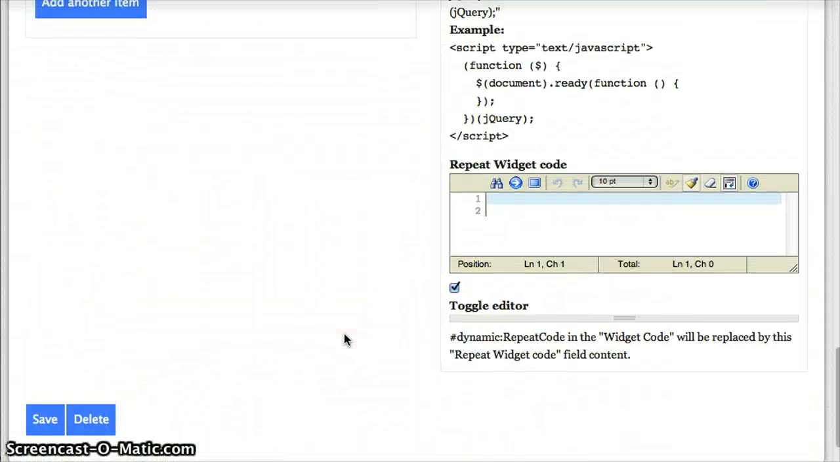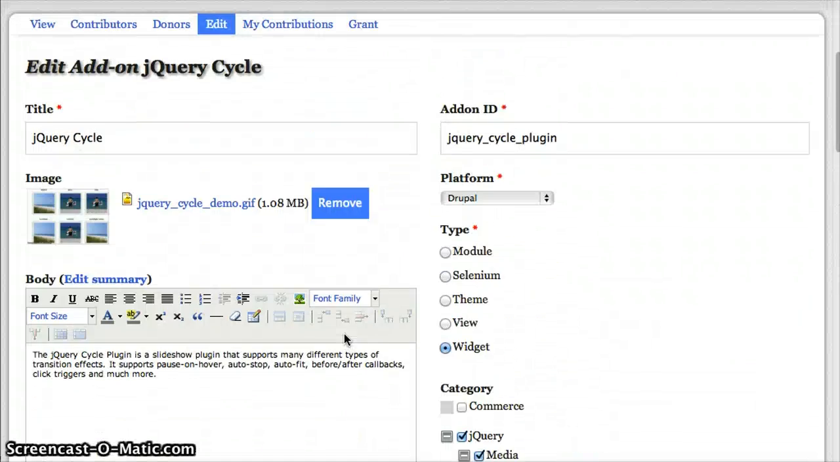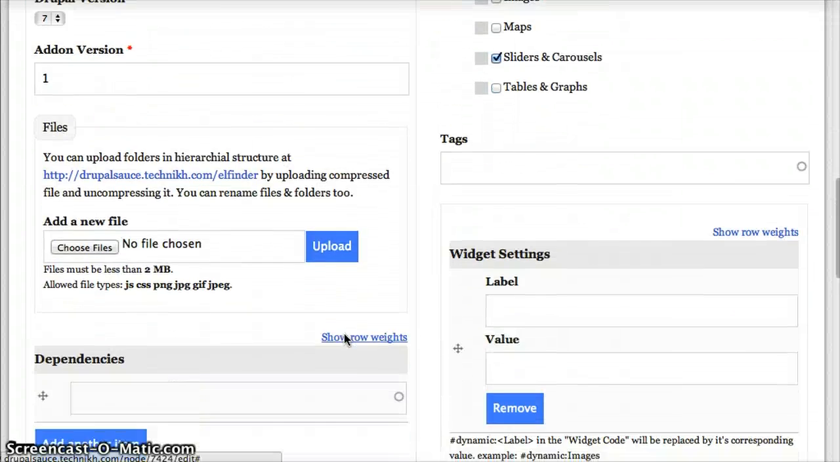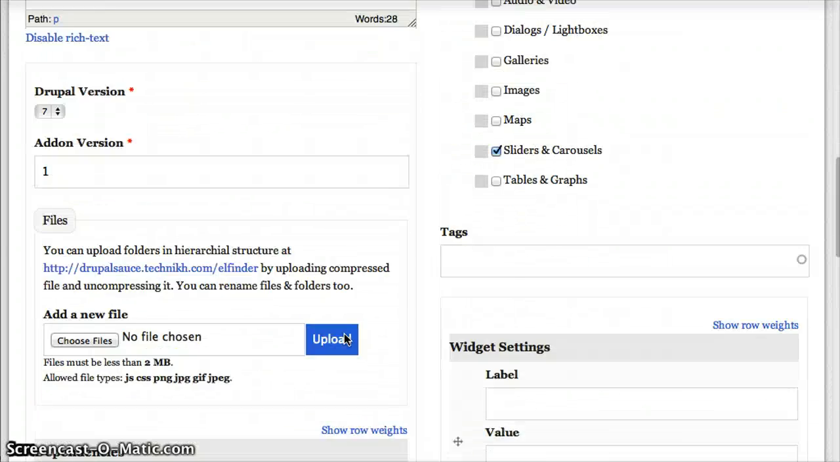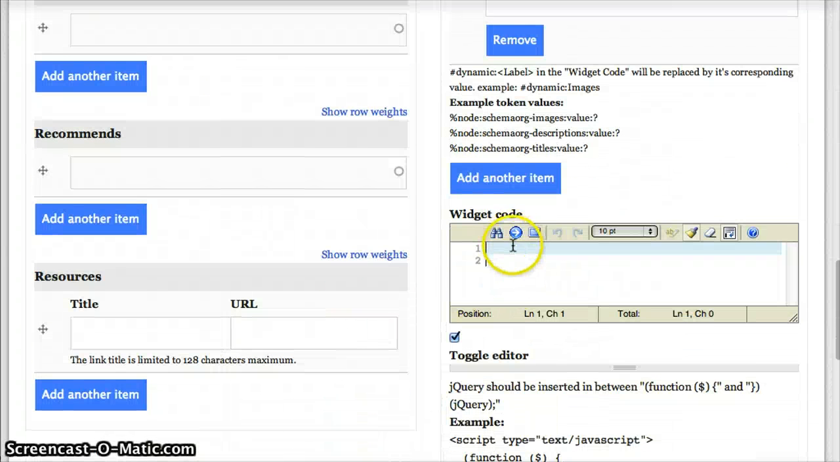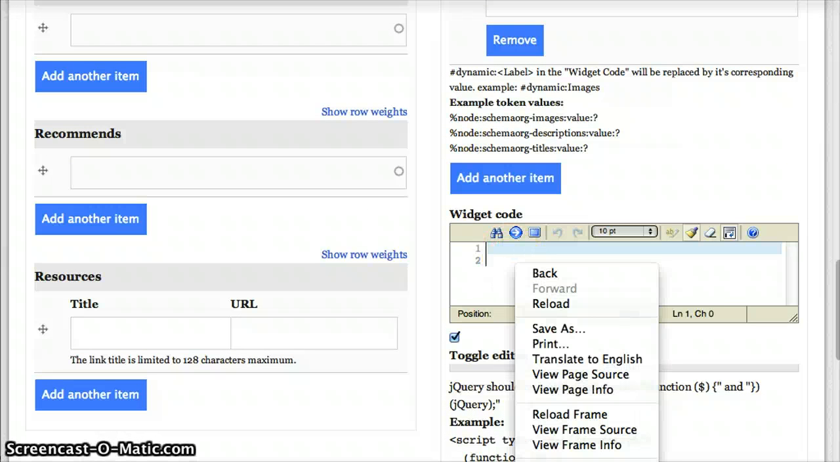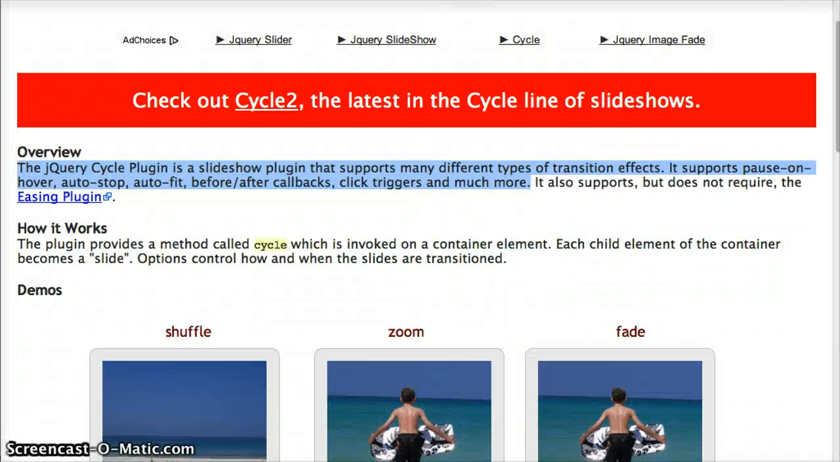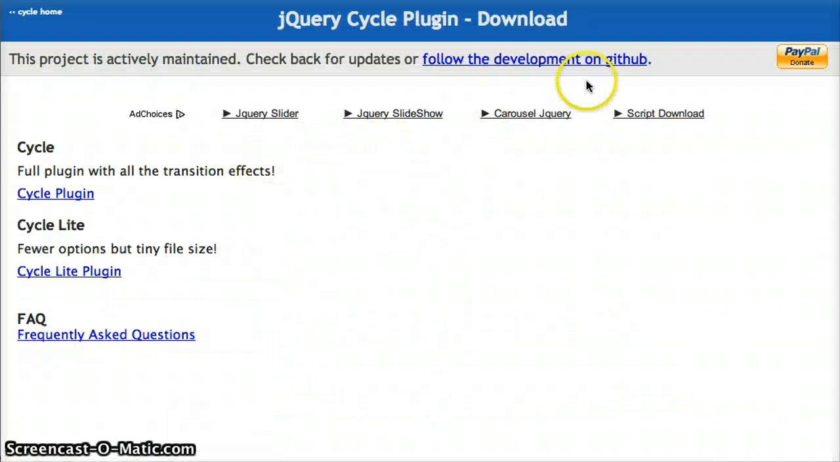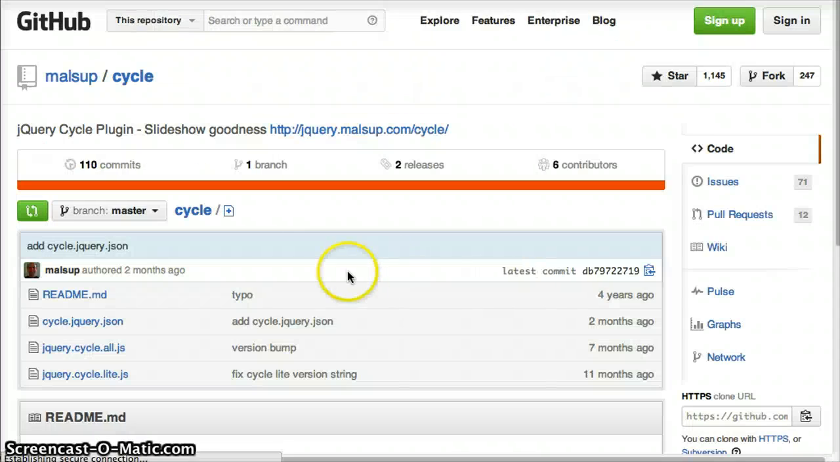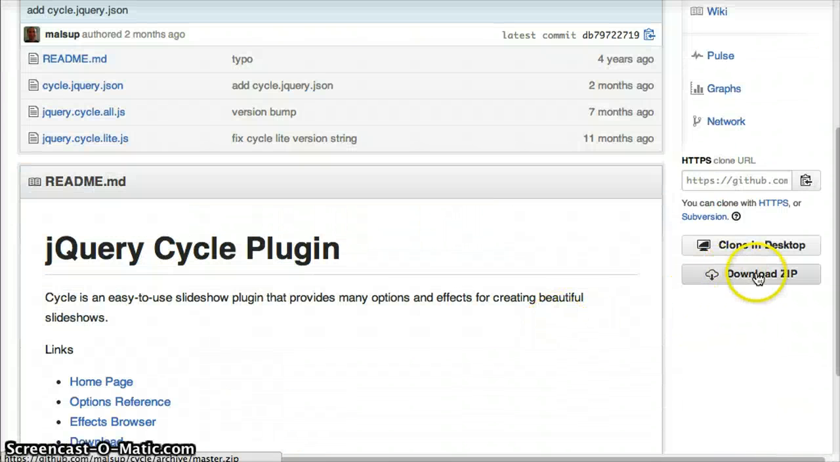Now in the form, we will see additional fields to put the HTML and JavaScript code. And here we see the widget code. Let's get the code first from the plugin, and also the jQuery library. So let's download the library first. Here let's go to GitHub and get the library. I'm downloading the zip file here,